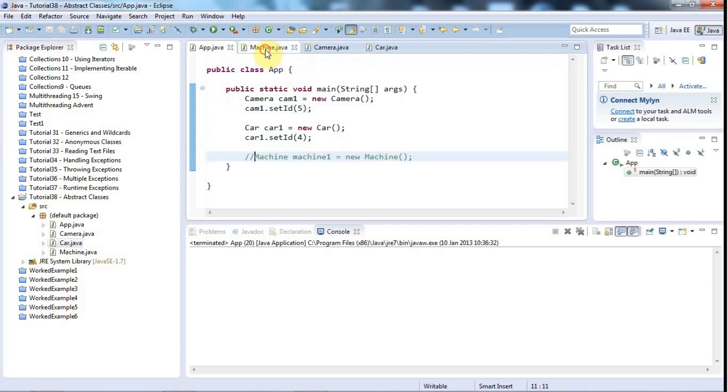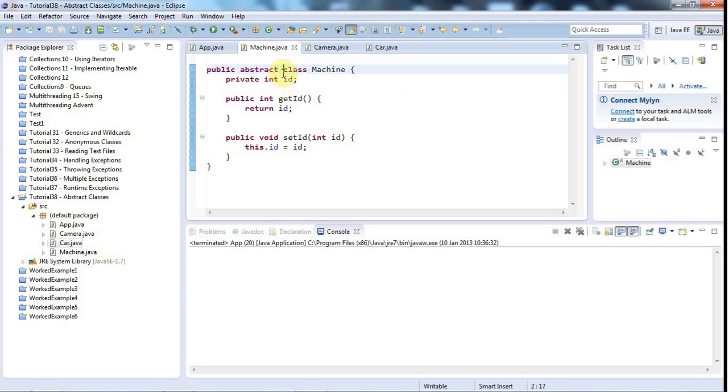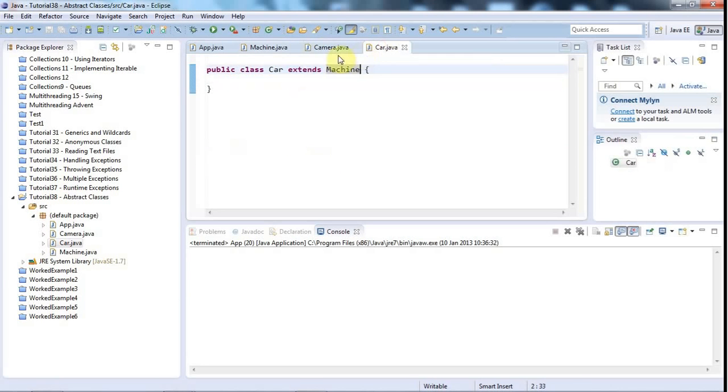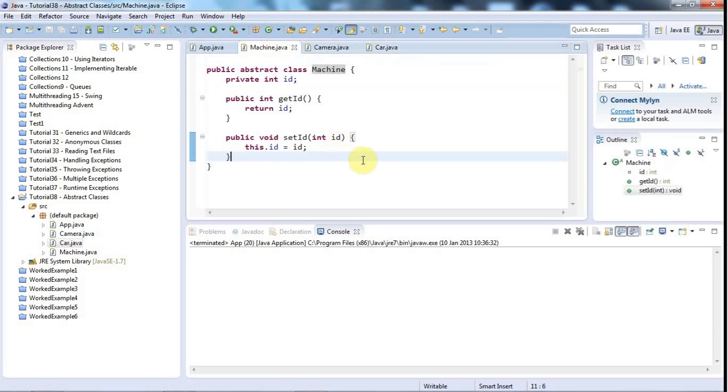Now this is an abstract class, and abstract classes can have abstract methods. Let's say I now want to force all machines to have a method called start, because I might think, well, every machine that I'm going to have in my program has got to have a start method to start it up somehow, whether it's a car or a camera or whatever it is. And cameras these days are usually digital and you have to start them up. So to do that I could have an abstract method, and this will be appropriate if I want to force all my child classes to implement it,